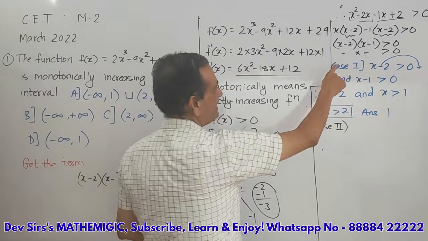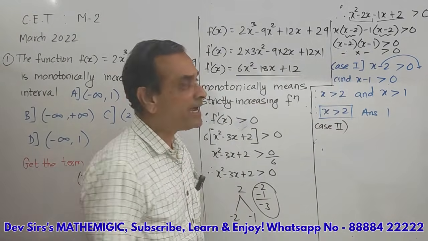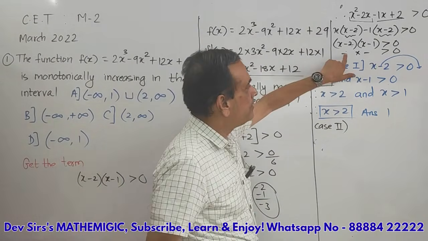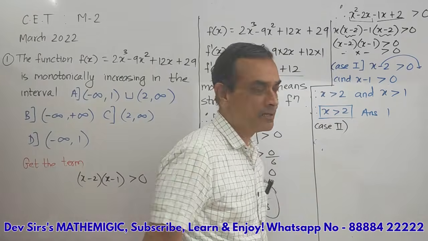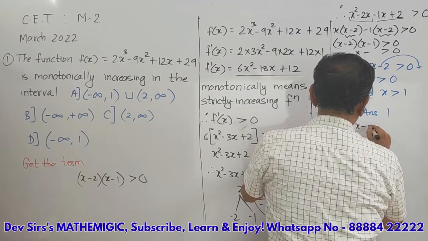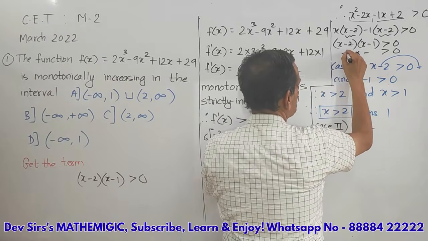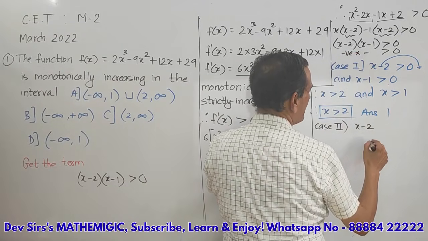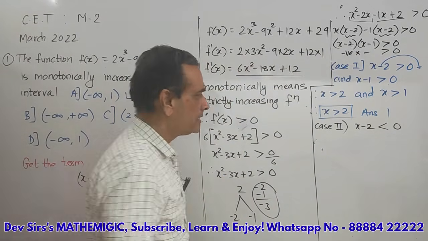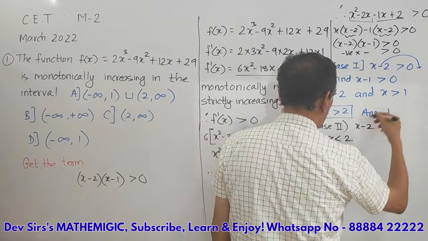You can't have one bracket negative and one bracket positive because minus into plus will give you minus, and minus means less than 0 हो जाएगा वो. So case 2 में minus into minus is again plus. So case 2, देखो अभी x minus 2 is negative. Minus means negative. Negative का मीनिंग less than 0. Okay, therefore x less than 2, minus 2 उधर गया,